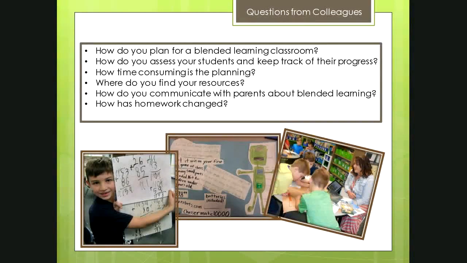So the word is out. Do we have parents that request blended classrooms? Absolutely. Do we have parents whose students are not in a blended classroom and are possibly unhappy? Yes. That healthy pressure is good, though, because we want parents to feel like blended learning is an opportunity for their child. That's a really good opportunity, and that healthy pressure helps all of us to take a look at